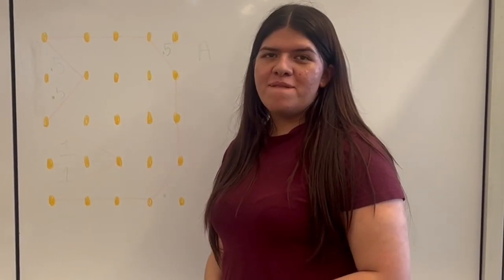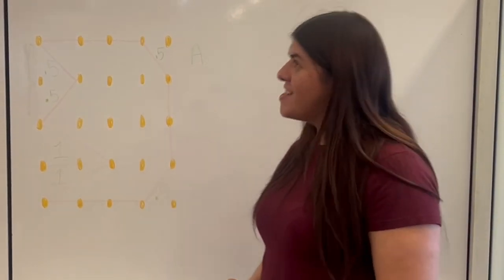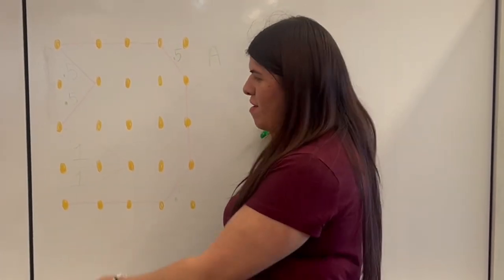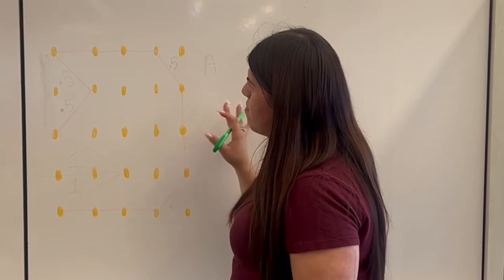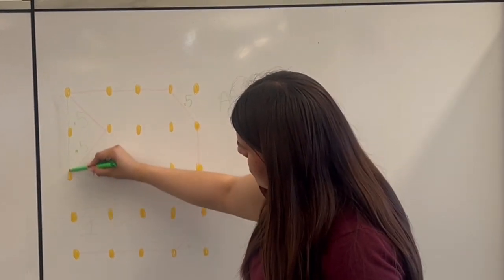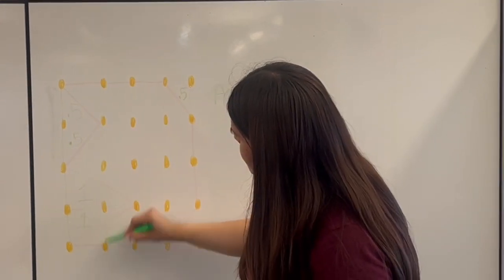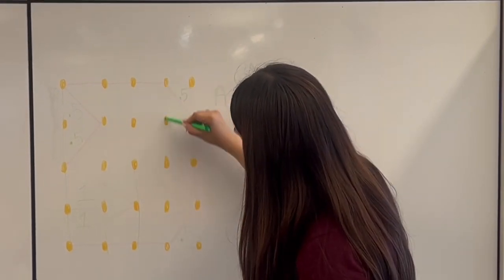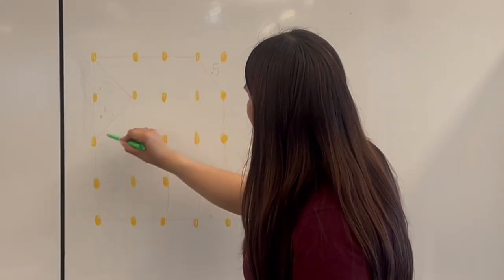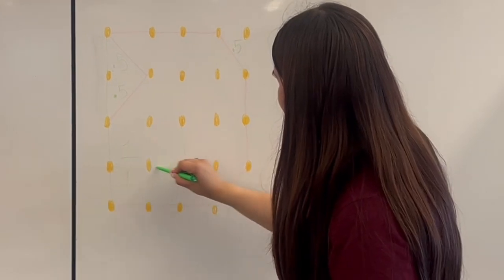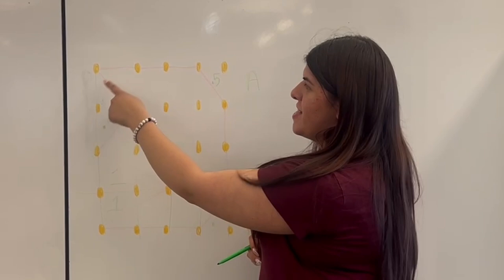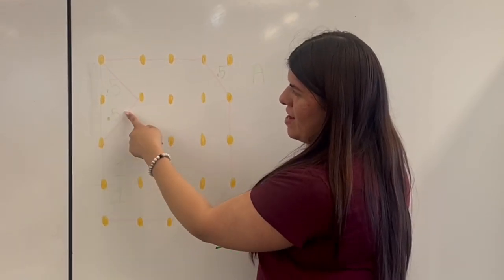Okay, so this is gonna be the first example of area deconstruction. First, what I did was make a model, and the way that I counted it is based off, so you can go down to make the squares, and then sideways, and then I wrote a 0.5 right here since it's half of the square, and as well as over here